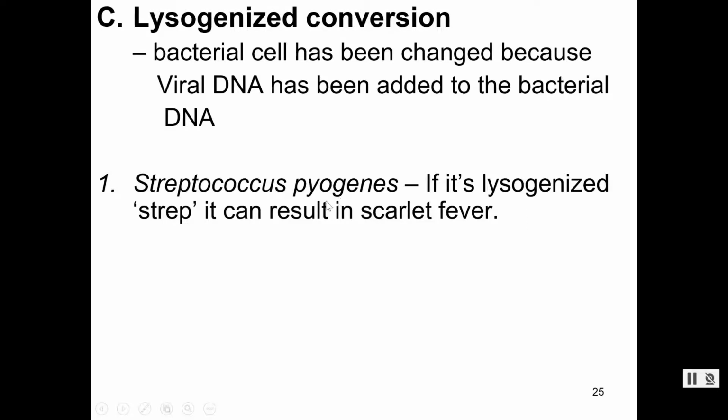But Streptococcus pyogenes can be used as a host for a specific virus, or a specific bacteriophage. This particular bacteriophage invades the bacteria Streptococcus pyogenes and undergoes lysogeny. So it integrates and becomes a prophage in the Streptococcus pyogenes. Now, if we get invaded by this lysogenized Streptococcus pyogenes, so a bacteria that contains this particular bacteriophage, we don't get the disease strep throat. It actually changes how Streptococcus pyogenes infects us and the damage it can cause, and actually results in a different